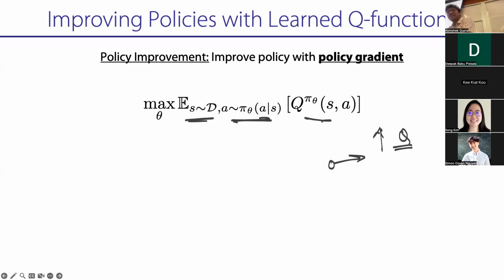If you remember the previous RL objective, I'm trying to sample trajectories from some P theta of tau such that R of tau is as high as possible. It's the same objective. If I have a Q function that tells me how good A is at S, I'm trying to find a policy that puts all the sampling weight on good A's. The more I have good A's, the higher the Q function will be. This part is called policy improvement. Getting your Q function is called policy evaluation, and now you're trying to improve your policy, which is policy improvement. So you're trying to find a policy pi theta which maximizes my Q function.